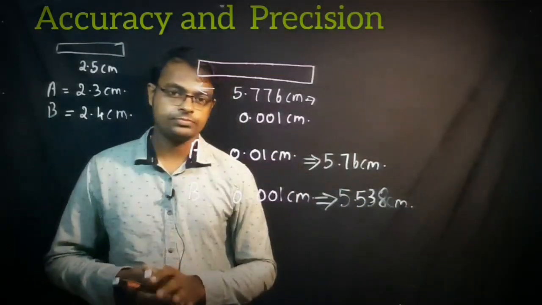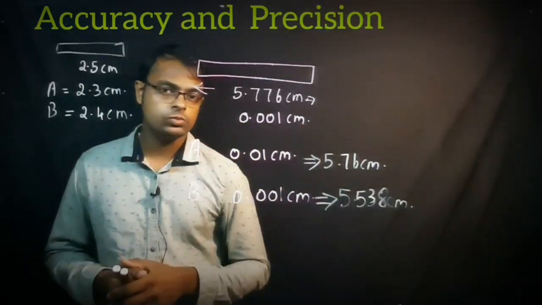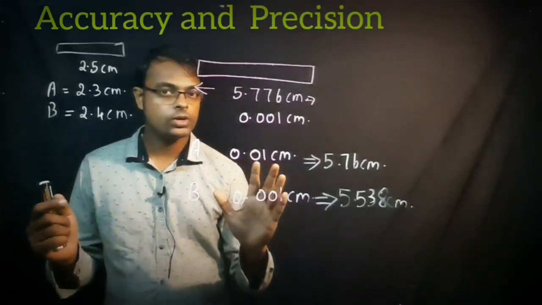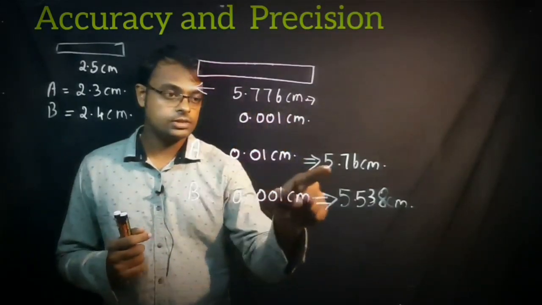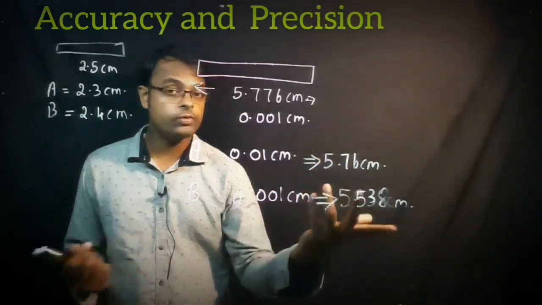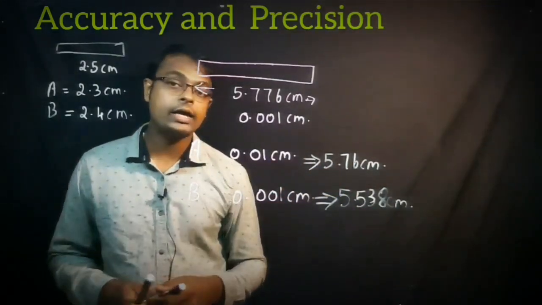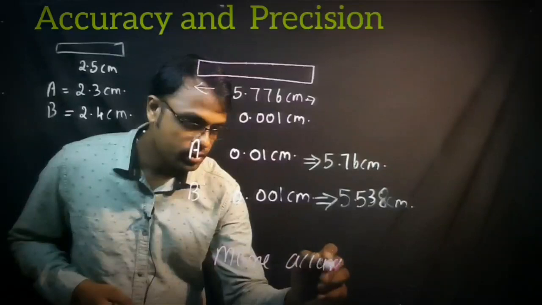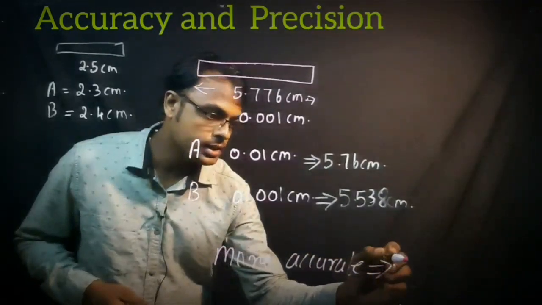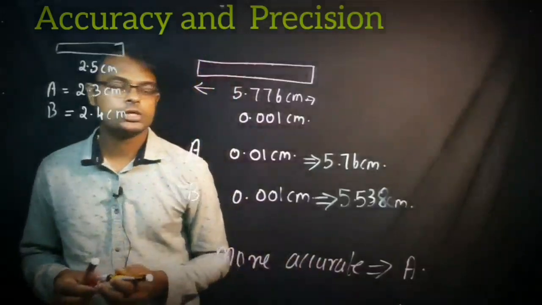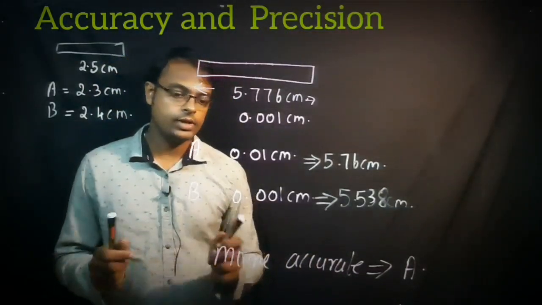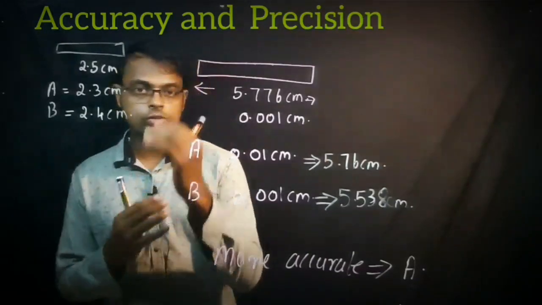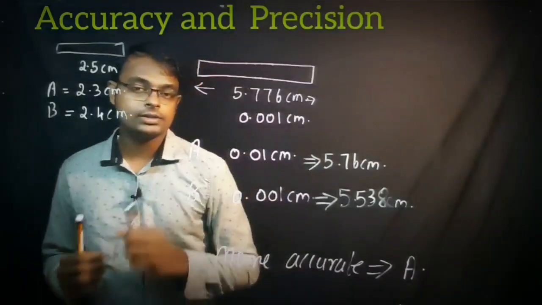My question is here, which measured value is close to the true value? Of course, there is no doubt. This is 5.776, here 5.76, here 5.5 only. So which is the more accurate reading here? The more accurate value is for student A. Okay, so you got the accuracy. What is accuracy? It is when the measured value is so close to the true value. Now look at the next question.